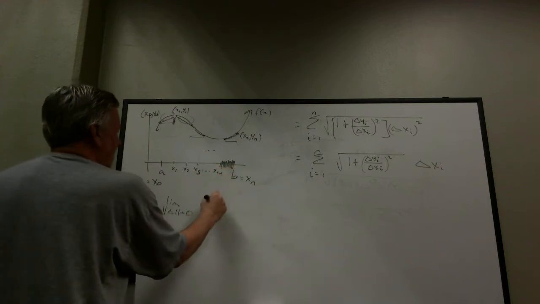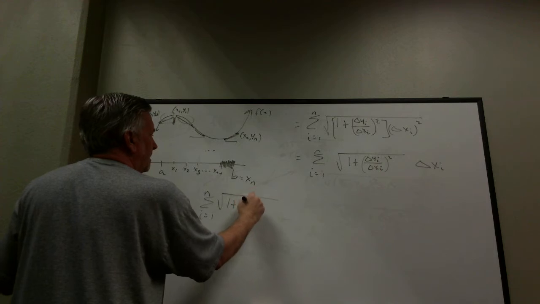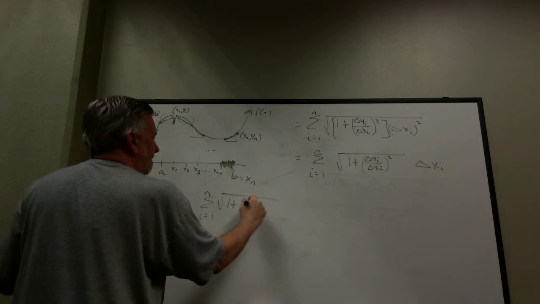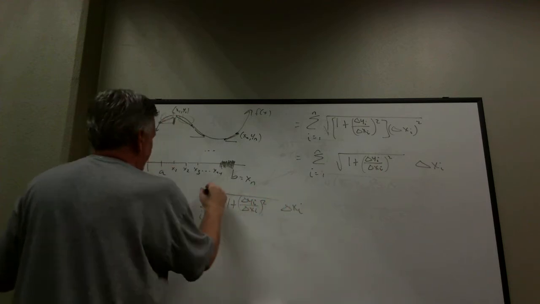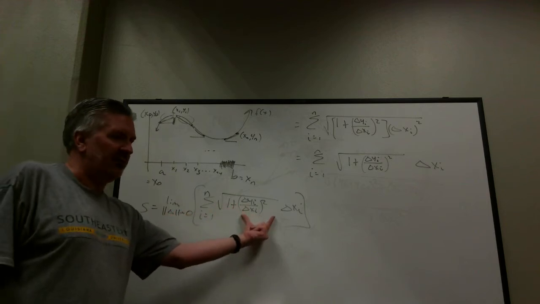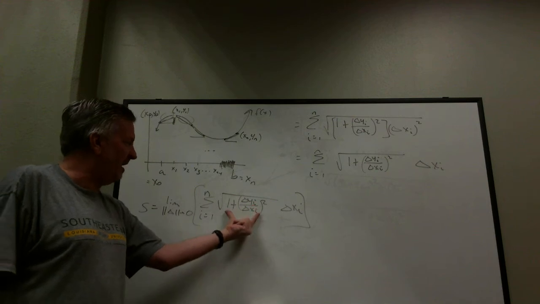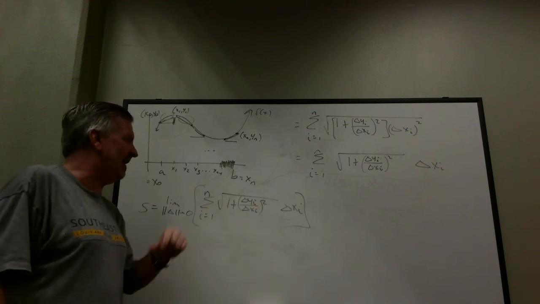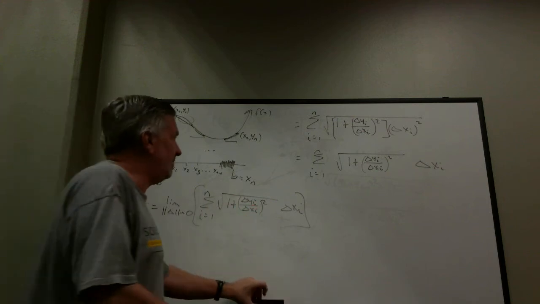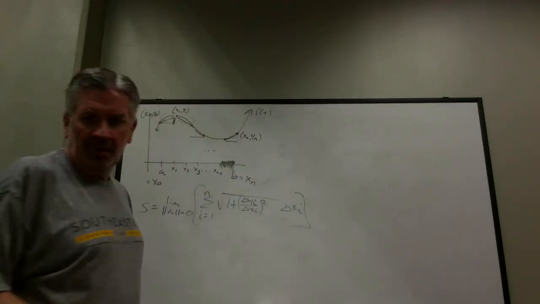So if I take the limit of that, that will be the arc length, right? Now, so we have a limit, but it's not of a Riemann sum. We're okay here, we got our delta xi, but we've got to get an f of xi or f of ci in there somewhere. Okay, so that's where we are, we're almost there. Okay, so, now,